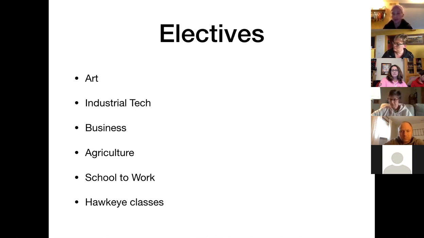School to work is an application process as well. So if you're interested in school to work, contact me and let me know, and I'll get you the information to apply. Hawkeye classes can count as an elective as well. That is a registration process that we'll talk about next.